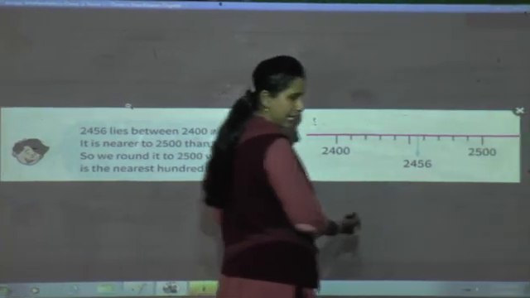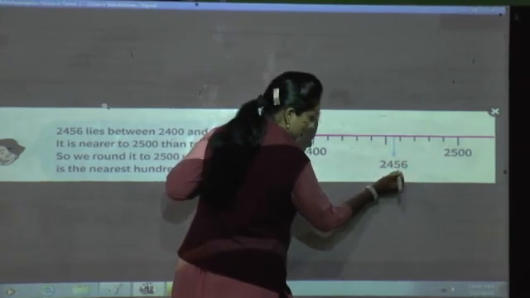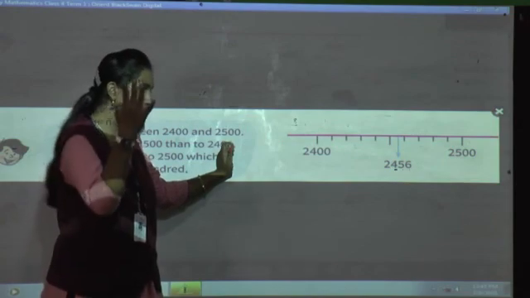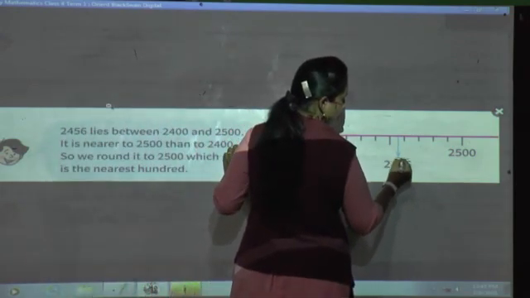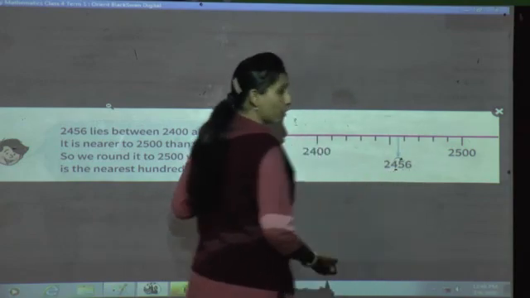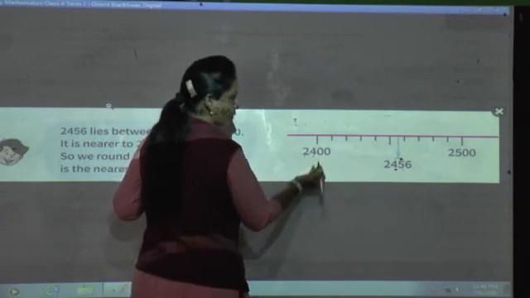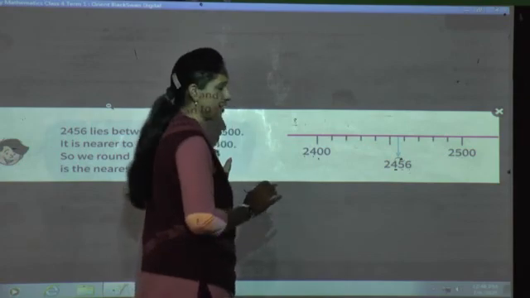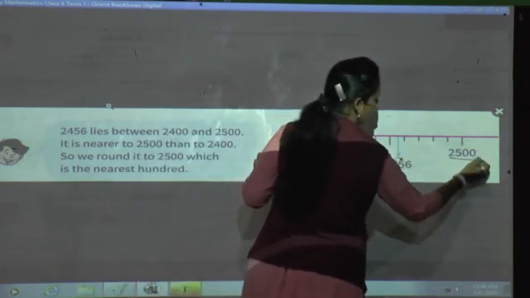So in that case, first find out the 100 place value. Where is 100? One stands at the 100 place. What is there on the 100 place? 4 is there, and after that both the numbers are 56. So 4 means 400. I have written 2 as it is, 4 as it is, and here 2 zeros, 400. Now after 400 will automatically come 500.